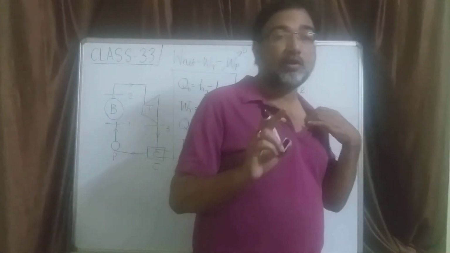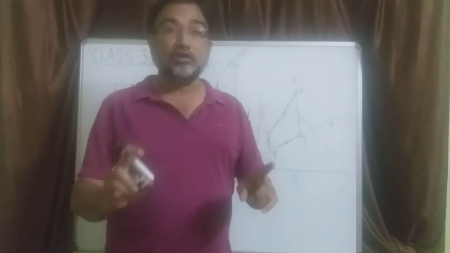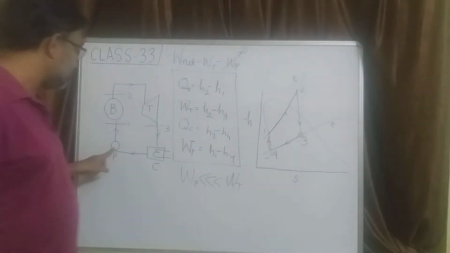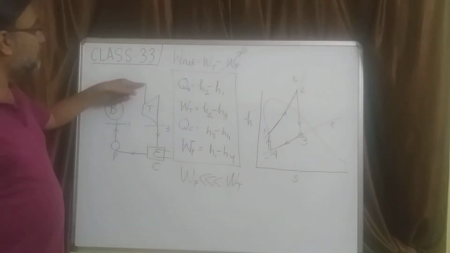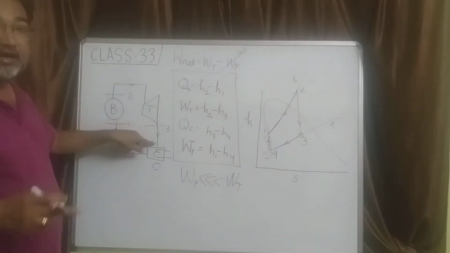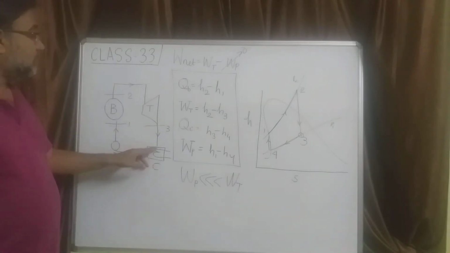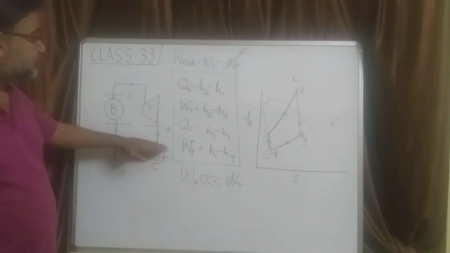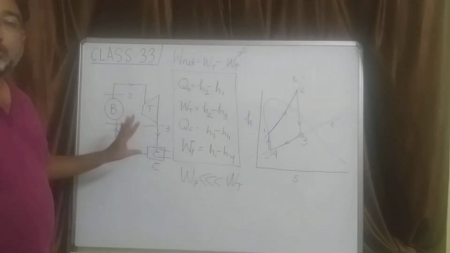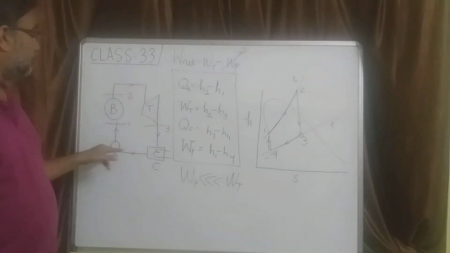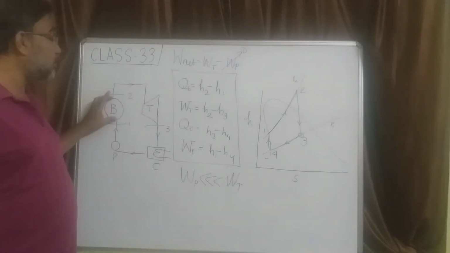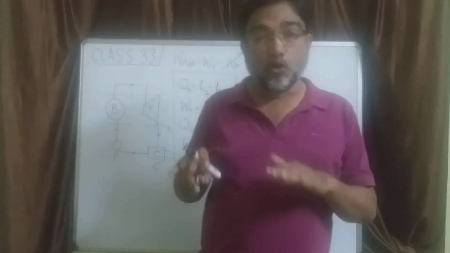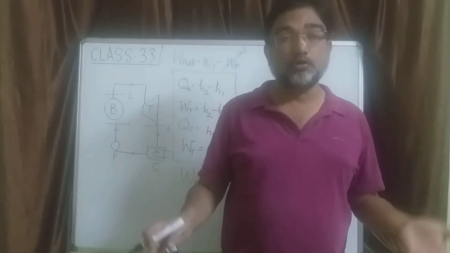But what are you neglecting? You are neglecting only the pump work, not the presence or existence of the pump in the circuit. The pump has to be there, because when the steam expands from this high pressure to low pressure and thereby does some work, the condenser also gives you liquid water at that pressure. So this condenser pressure is much lower than the boiler pressure. So when the pressure is very low and the boiler is at a very high pressure level, how to transport water from a low pressure region to a high pressure region? You have to use a pump.